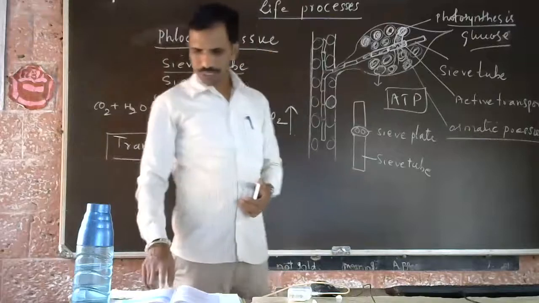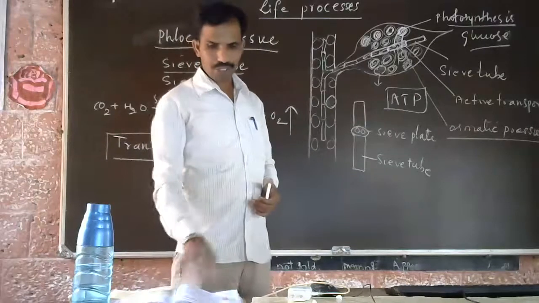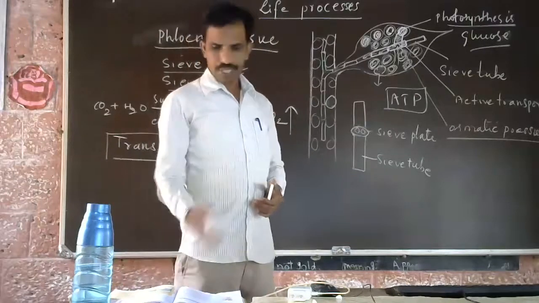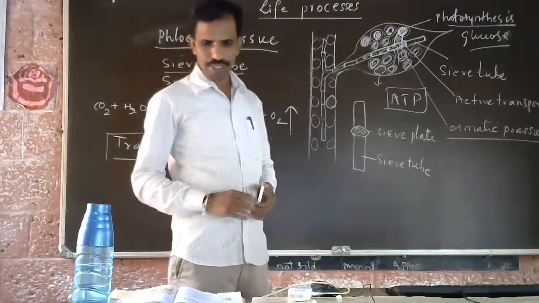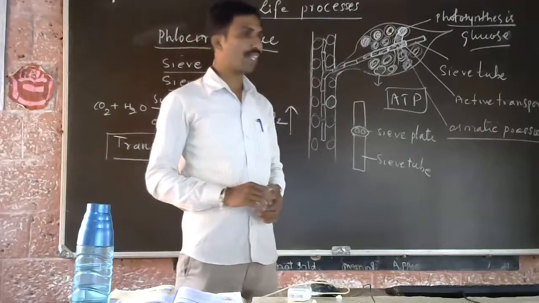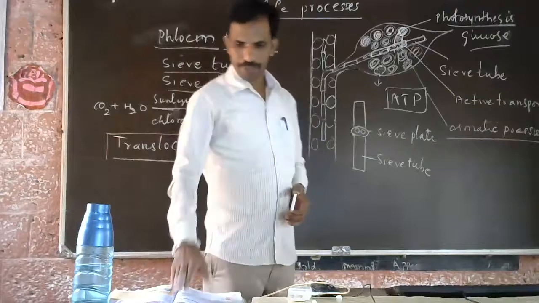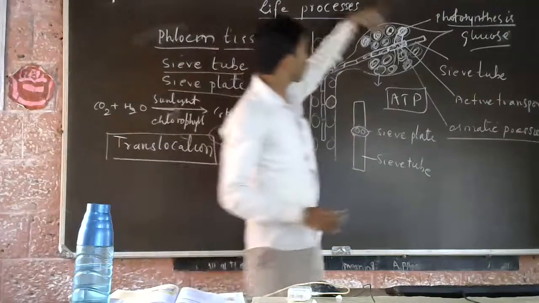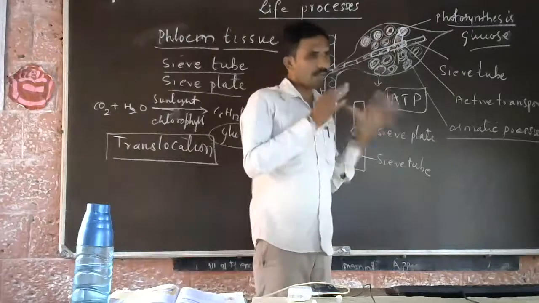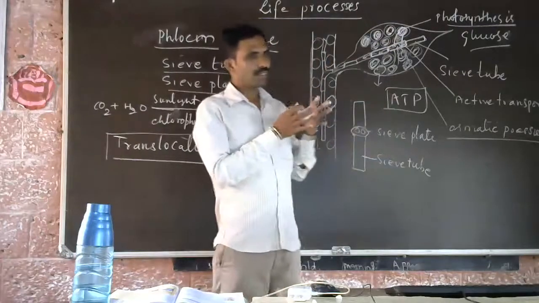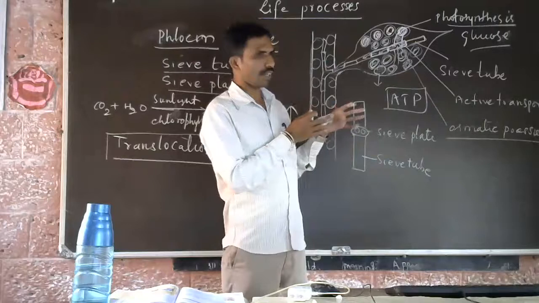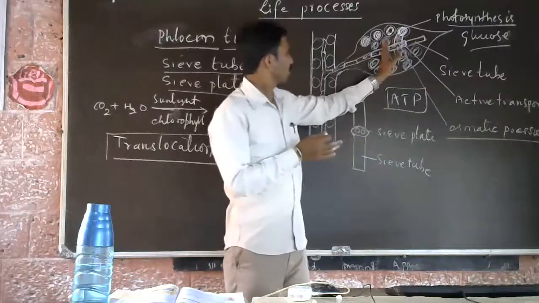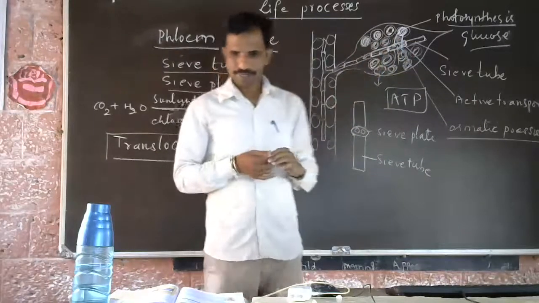Translocation in phloem is achieved by utilization of energy. Material like sucrose is transferred to phloem tissue using energy from ATP. This increases the osmotic pressure of the tissue, causing water to come inside. When the water comes inside, what happens? The pressure increases over there. So by that, the cell-to-cell transportation starts.